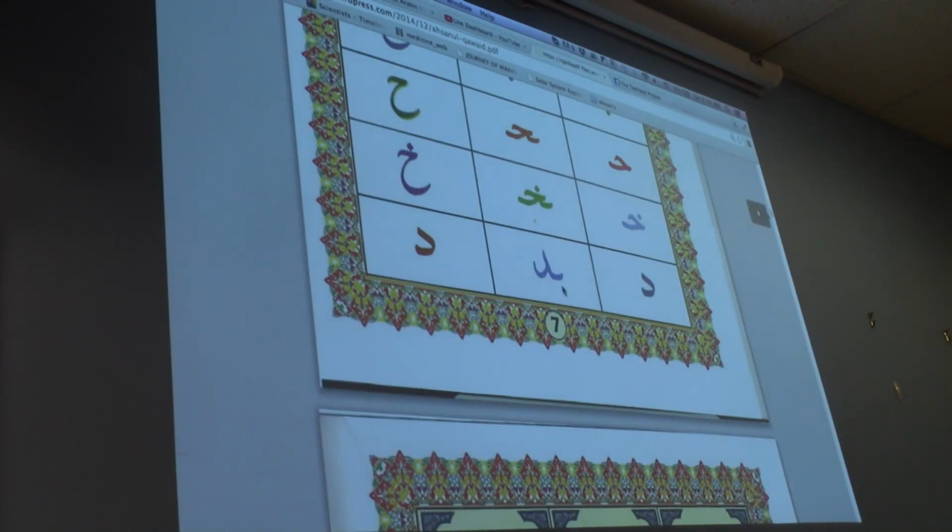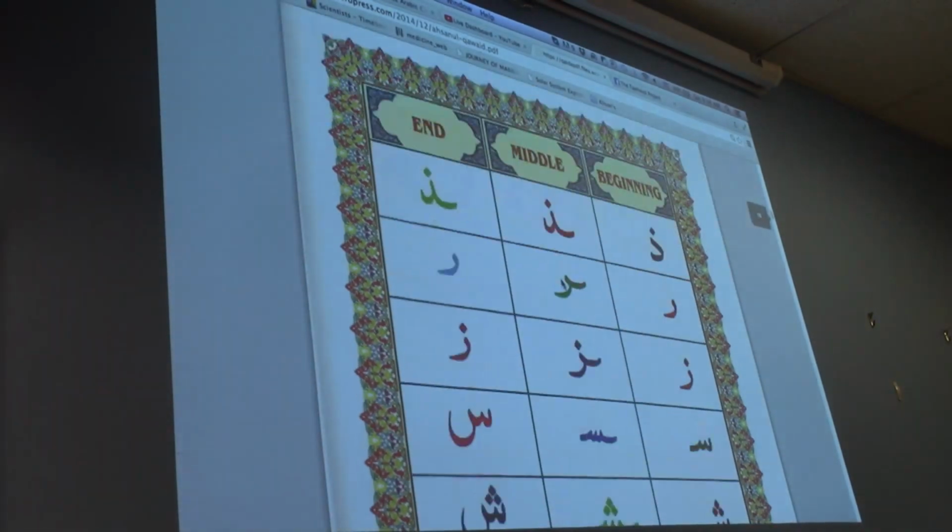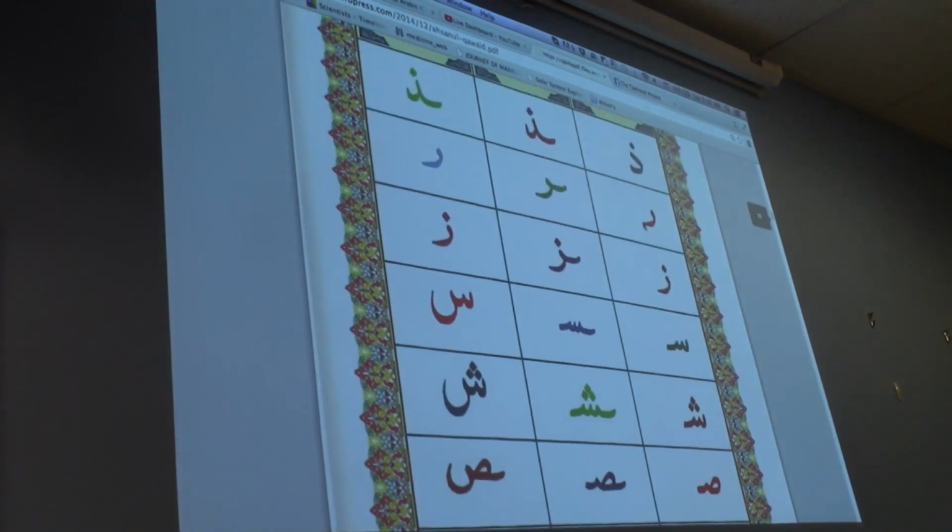Likewise with dal. Dal only connects on the right hand side. It cannot connect on the left hand side. Okay? So you cannot attach something right here to connect it. No, it doesn't work that way. It only connects on the right hand side. Next page we have Dhal,